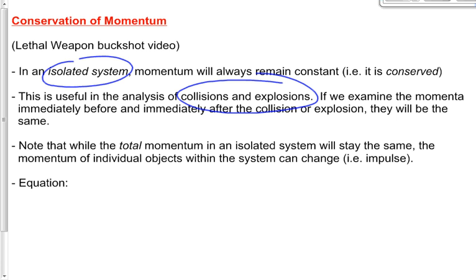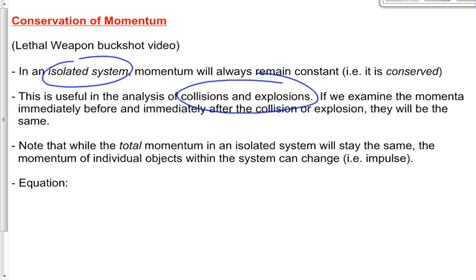So if you think back to all those impulse questions, and you might not have noticed this at the time, and that's okay, every single one of them involved a single object, not a system. Every single one of them involved an object, a rock, a ball, a person gaining or losing momentum, as opposed to what we're doing now, where we're looking at the rock that collides with the car or whatever. Looking at the system.